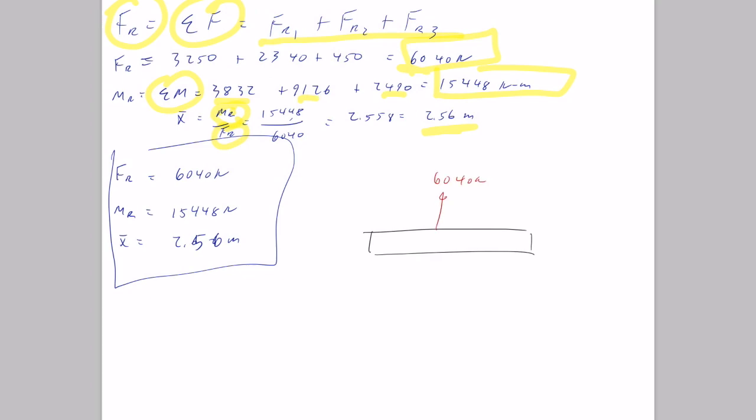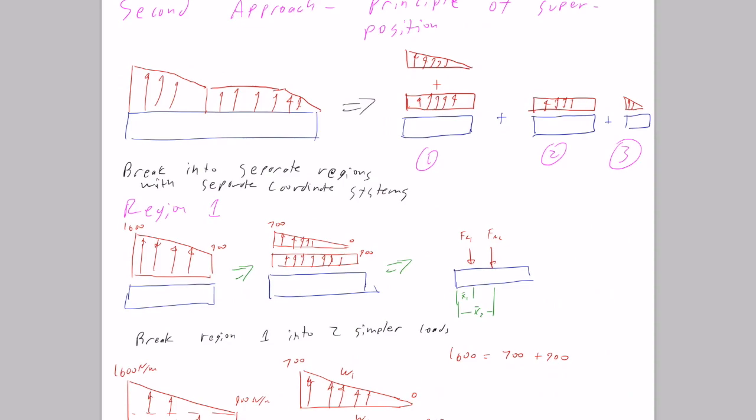640 newtons at a distance x equal 2.56 meters, okay? So that's one way. It's not that difficult. It's just tedious. And remember, never mistake tedious for hard. Tedious is just tedious. So next, I'm going to talk about a second approach you could do, which is called